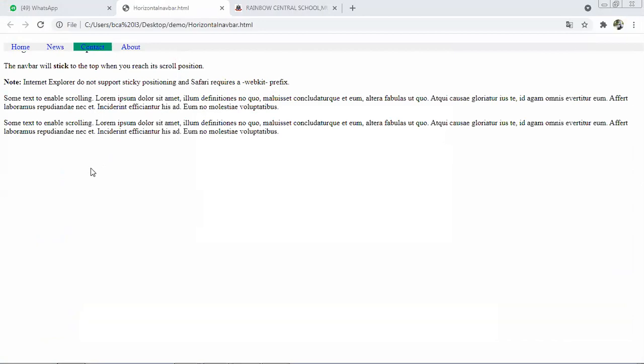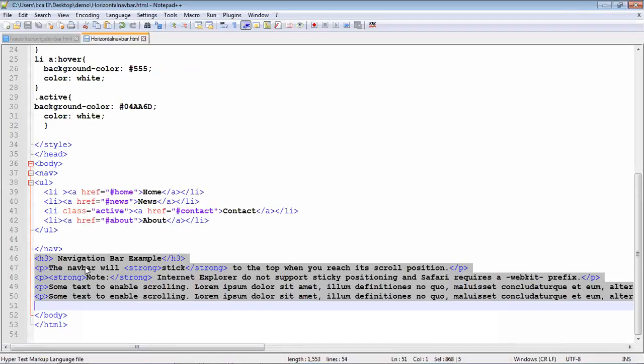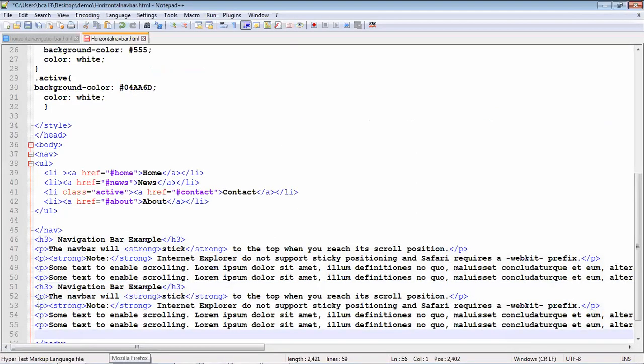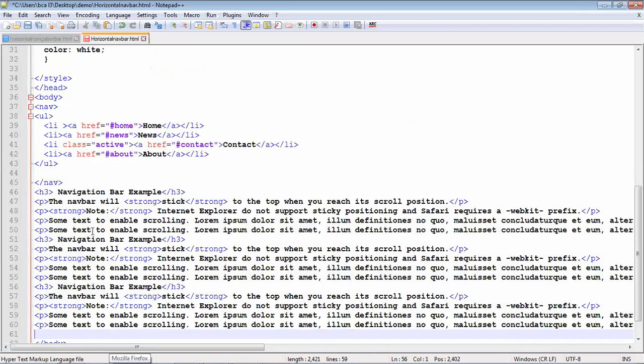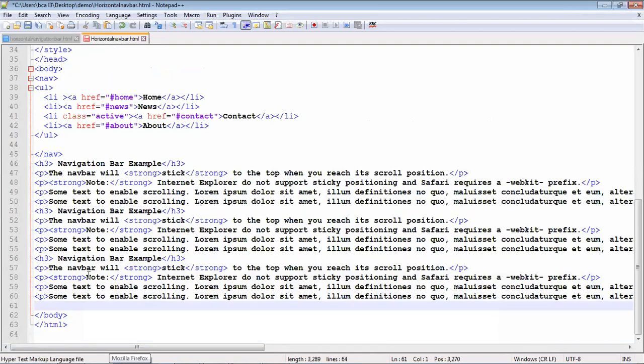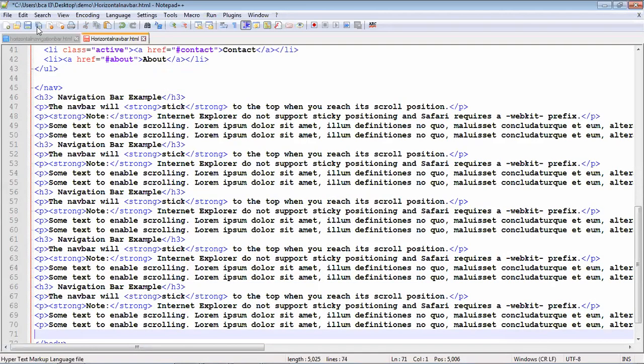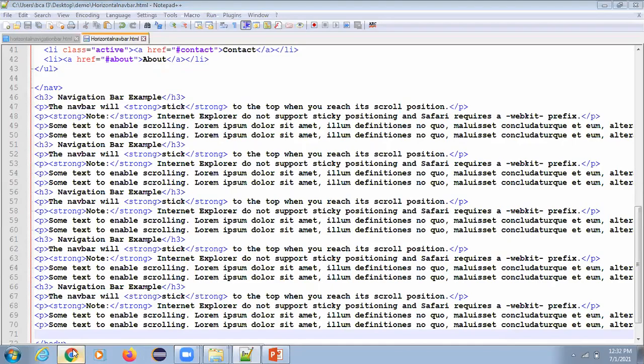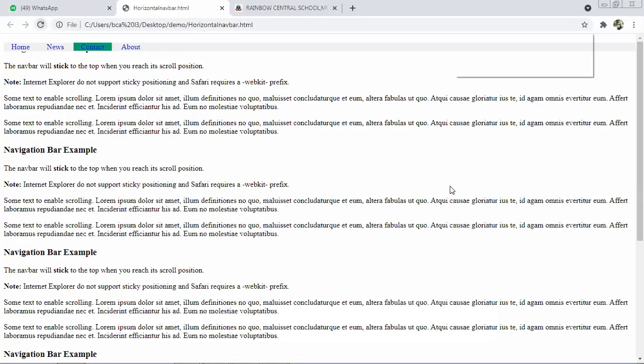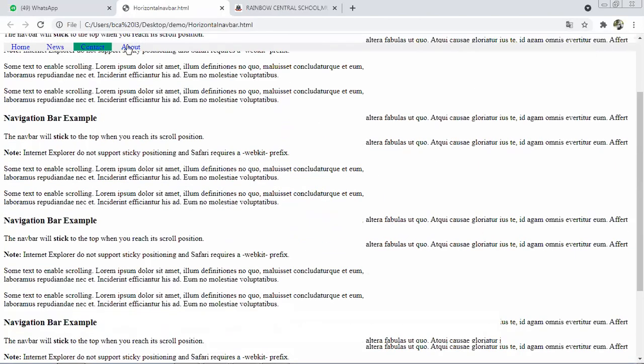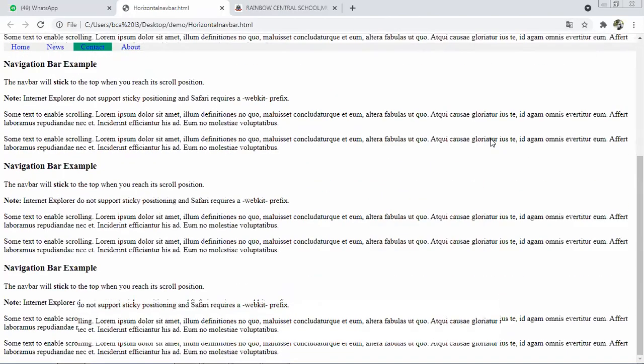Many tags have to be added here. I will wait a second and add them. See, the menu bar stays fixed if you scroll down and up.